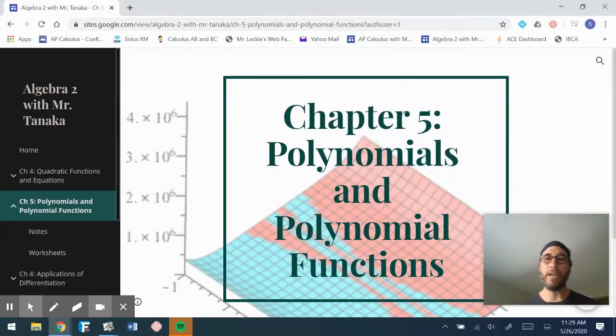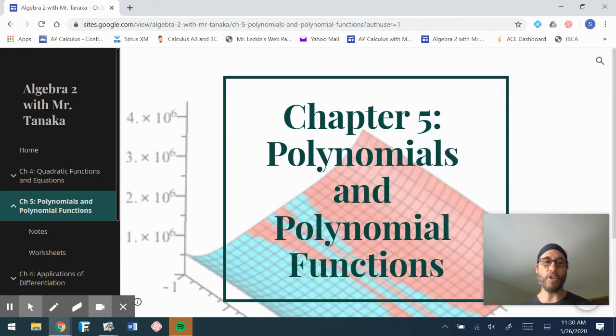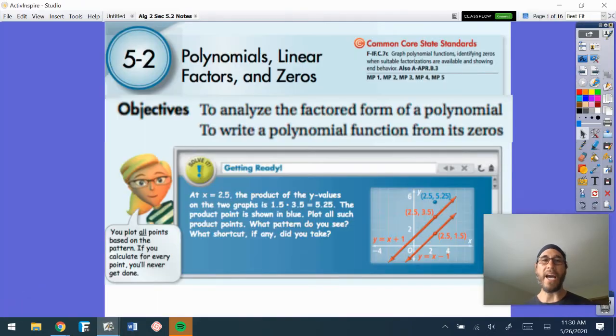Aloha class. Today we're continuing chapter 5, polynomials and polynomial functions. And we're getting into section 5.2. With section 5.2, we deal with what we call polynomials, their linear factors and their zeros, okay? And our objective is going to be to analyze the factored form of a polynomial and to write polynomial functions from